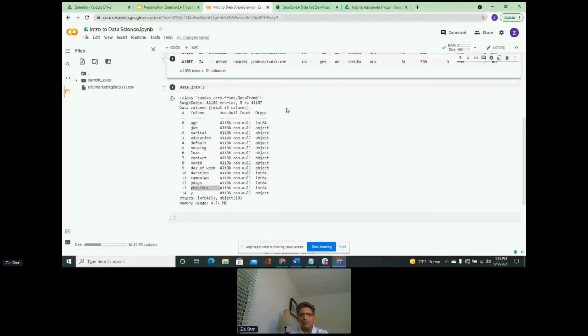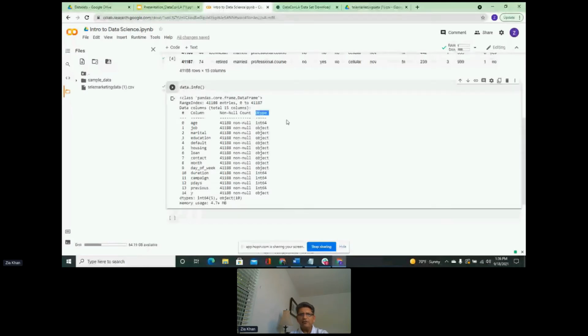Now, in terms of this last column here, we have data types. Some of the fields are int64 and the other fields are object. When you get data like this, you have to look at each and every column.